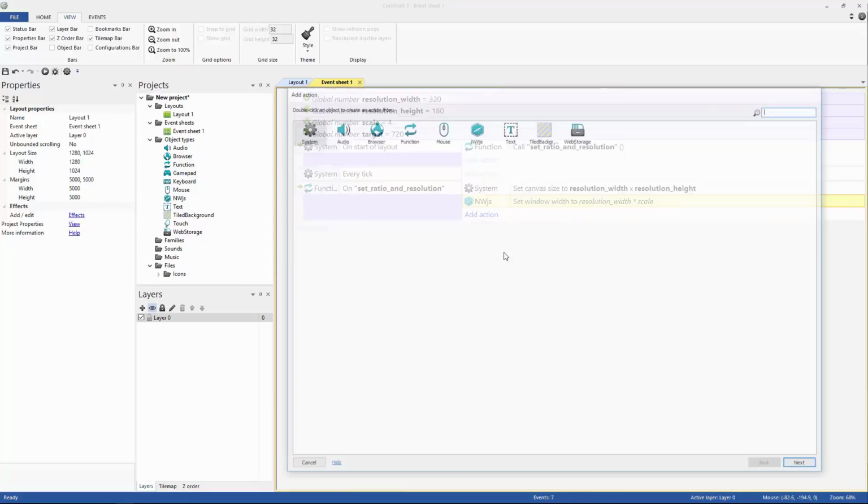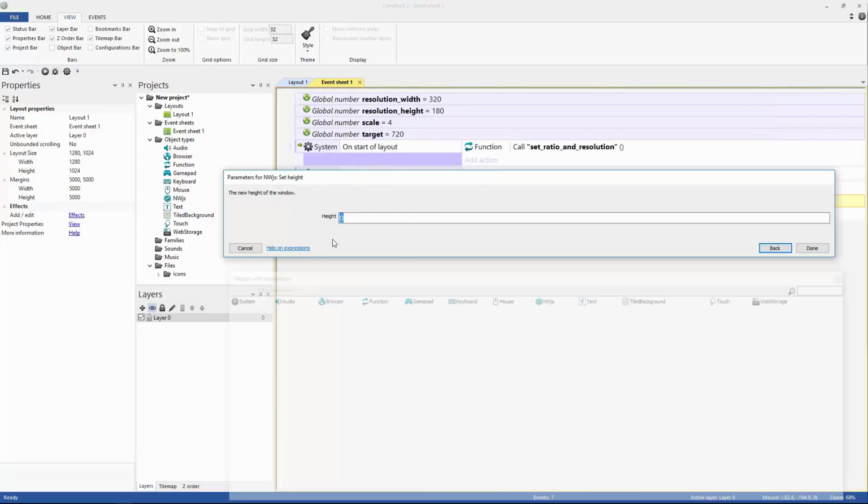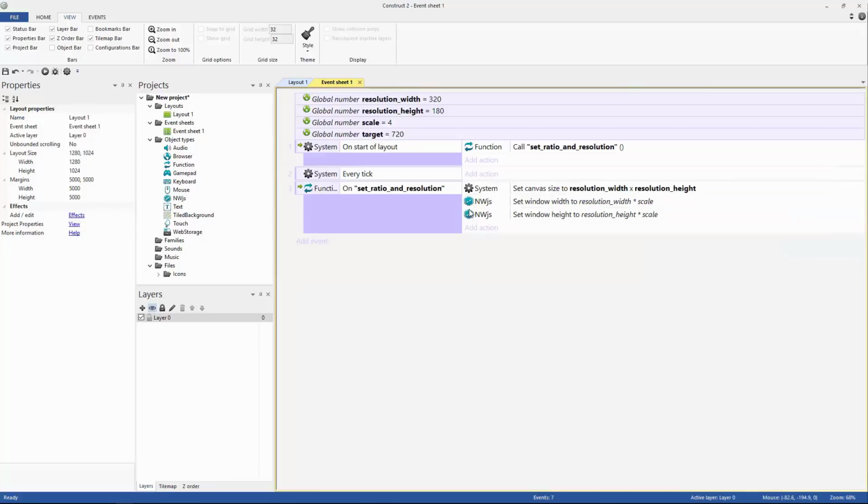So let's do the same thing. We're going to add the action, go to nw.js. We're going to set the height of nw.js, which again is our little desktop window. We're going to set that to, as you probably have already guessed, resolution height times scale. Pretty easy so far. The next thing we're going to do, and this is entirely up to you, is we're going to actually